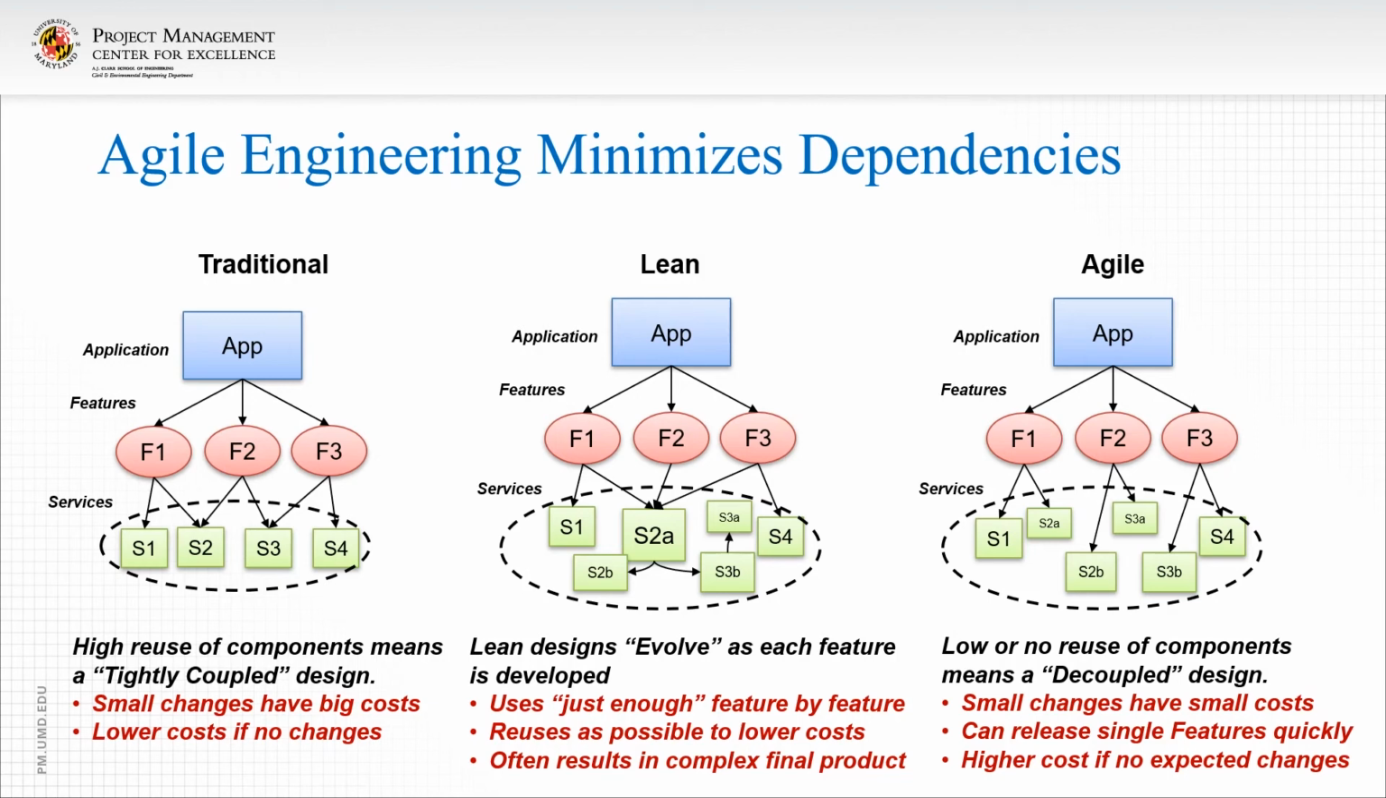Okay, now that we understand the difference between traditional, lean, and agile architectures, one with a high amount of reuse, one that has an evolutionary design, and one that is completely decoupled or loosely coupled so that it can change easily,